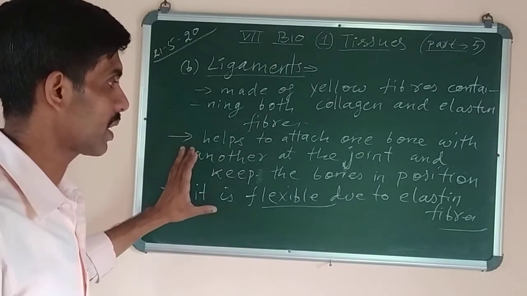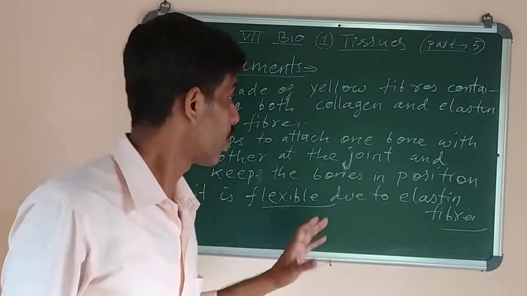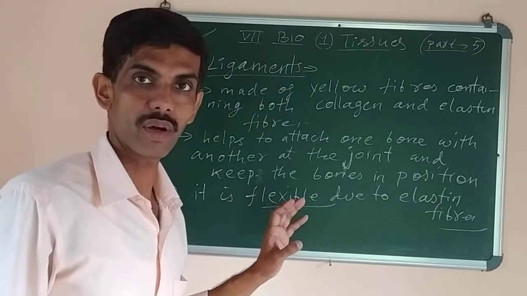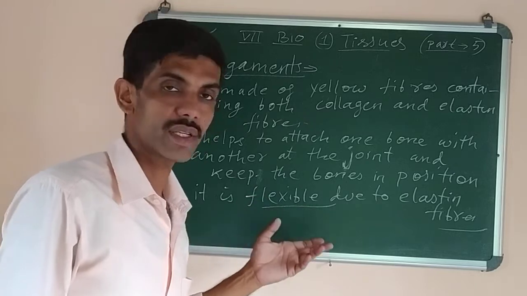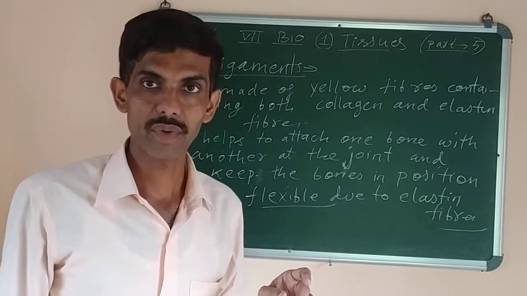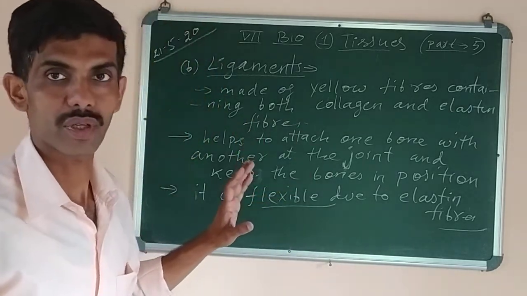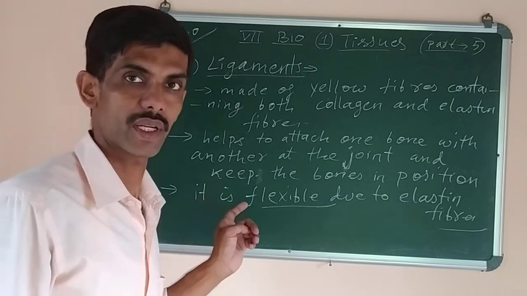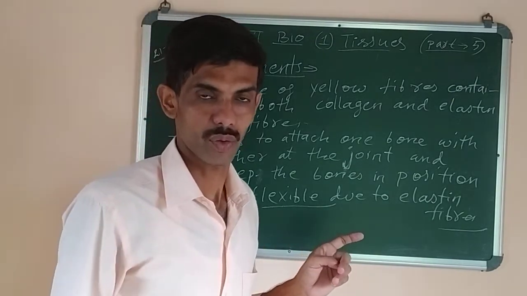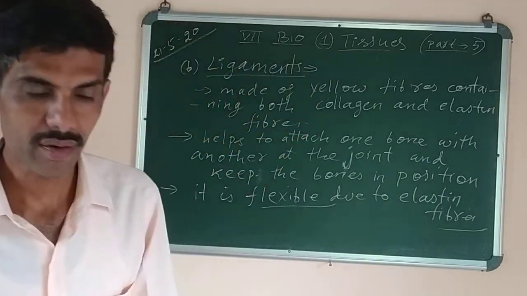So this much only today. Learn for the test, and the homework is to write them in your copy. After that we'll continue in the next class regarding some other animal tissues. This connective tissue is also yet to be completed. Fluid connective tissue is not done, and supportive connective tissue is not yet complete. So we'll continue in the next class.